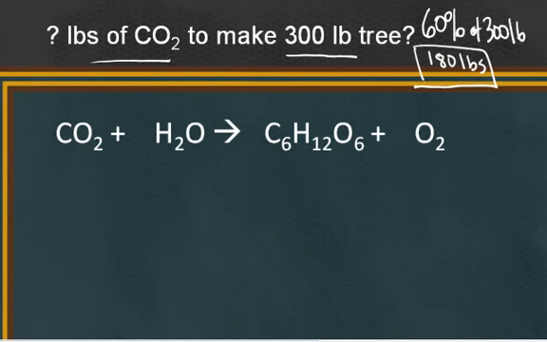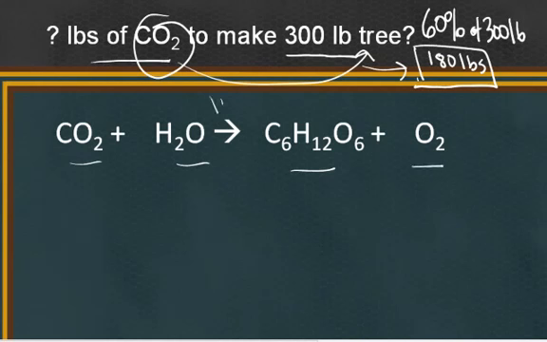All right, so in order to answer a quantitative question like this about a chemical change, because really it's a chemical change from carbon dioxide to the tree, in particular the cellulose in the tree, we're going to need to use a chemical reaction. And the chemical reaction we're going to use to answer this question is the famous photosynthesis reaction. Carbon dioxide reacts with water to form glucose and oxygen in the presence of light and the proper enzymes within